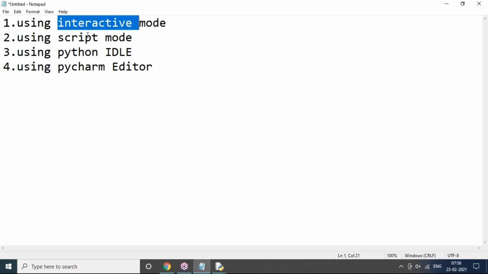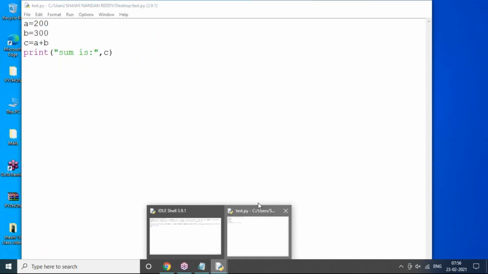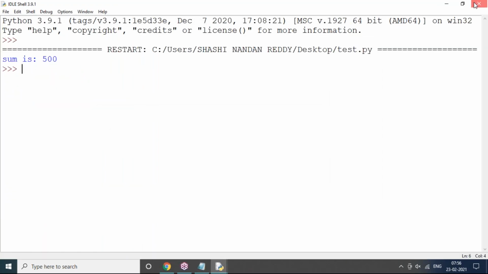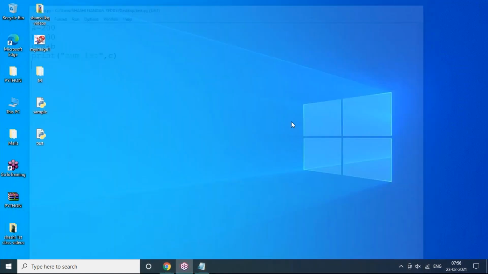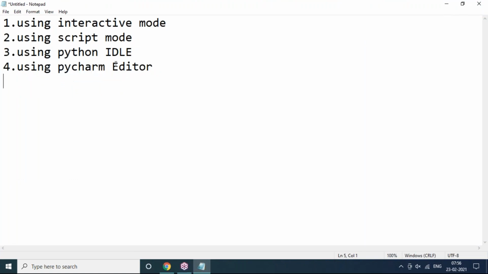Now interactive shell and script mode and Python IDLE. So directly also you can use Python IDLE. But I am saying that in my sessions, I am not going to write code in Python IDLE as well as script mode as well as interactive shell. No way. Okay, so I always write code using the PyCharm editor. I'm saying that this is the powerful editor for exclusively Python developers. It's the most powerful editor and popular editor also. I'll go through all the sessions, complete sessions, using this PyCharm editor only.